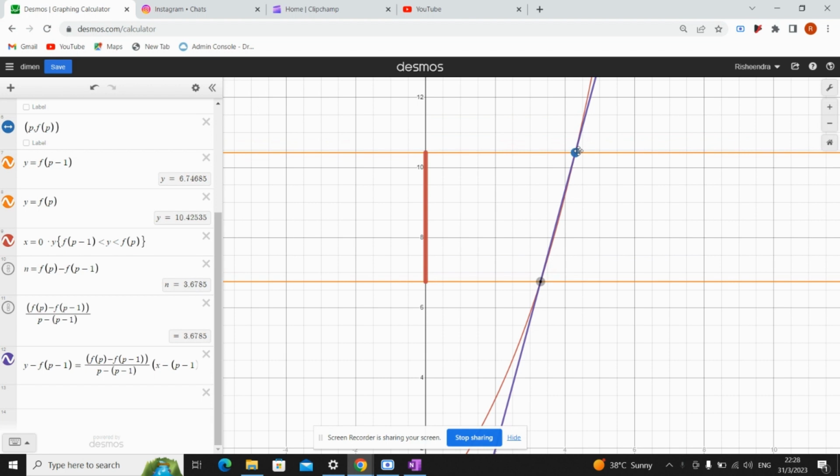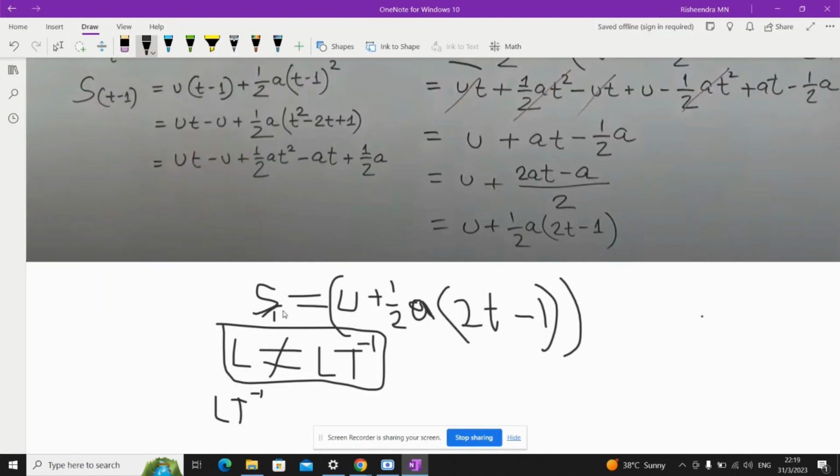But with the formula, what we are actually calculating is the velocity, which means the slope. We are not calculating the straight-line distance. Here we have to divide by t, whose value is 1, and then the actual value is the distance traveled by the particle at the nth second. S of nth is equal to LT minus 1. S square dimensional formula is equal to, hope you